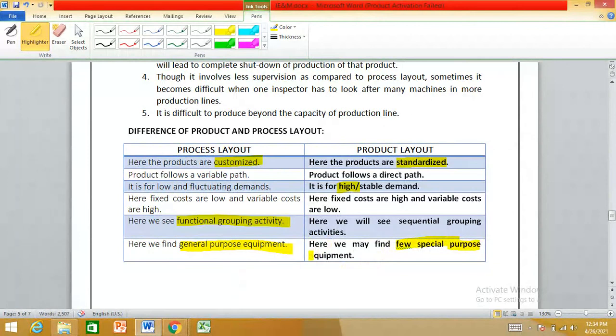What are special purpose equipment and why are they used? If you are producing a special type of plastic bottle, you need a machine as per that. So product layout requires product specific machines.